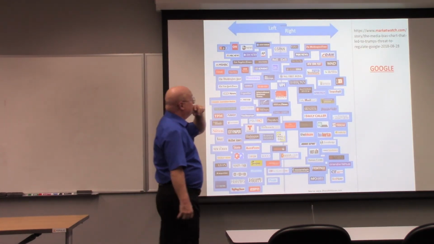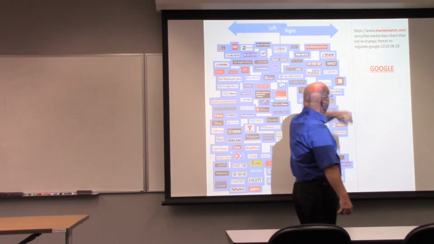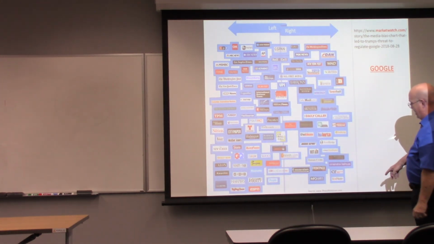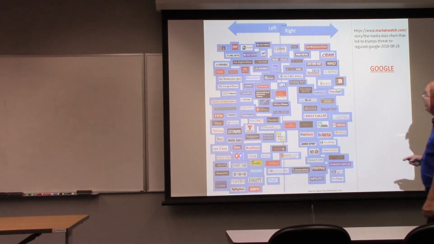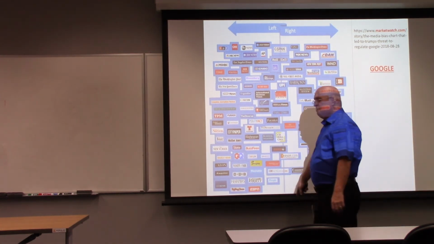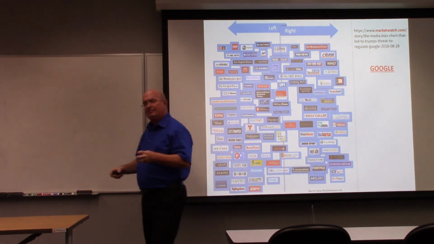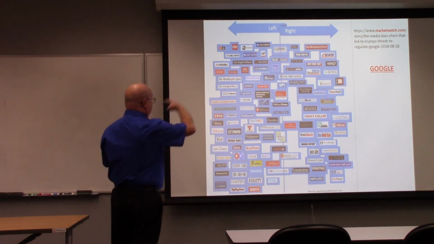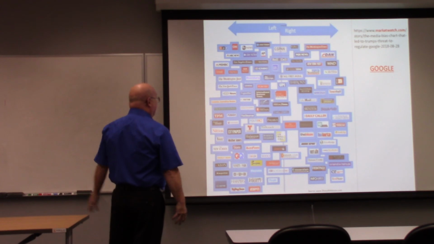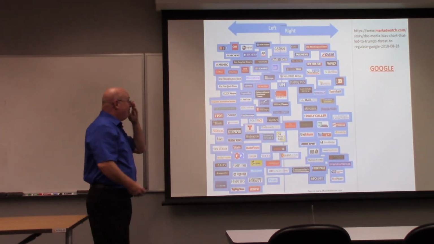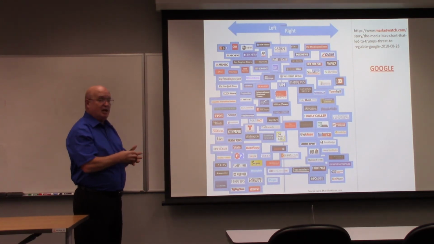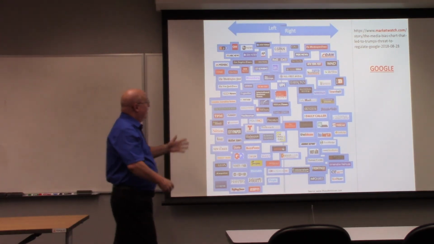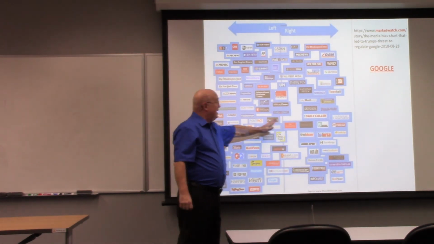Well, this was another Google search. This was the bias in the media chart that came out from Sharyl Attkisson, which was on, I think she was at the Times at this time. This line going down the middle, that would be you're in the center. Then, of course, you got the right and you got the left. And you can see them all there. Right? So, now this one came out in 2018, so it's just a couple years old. Here is where you start getting an idea of what